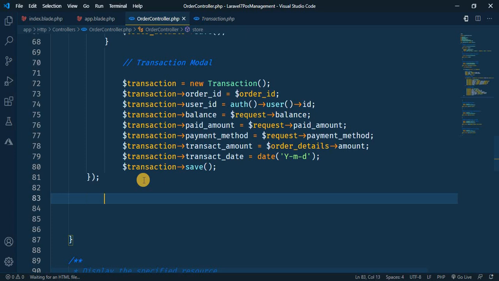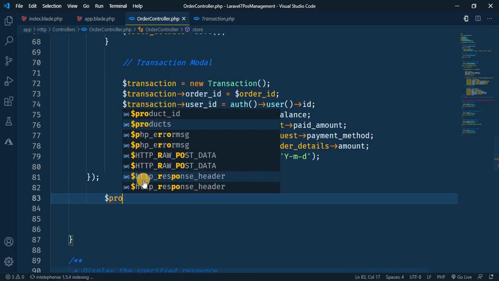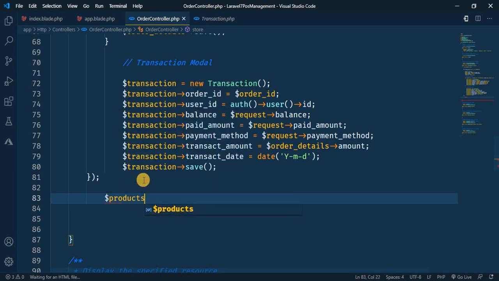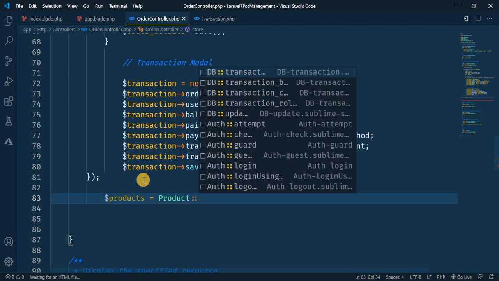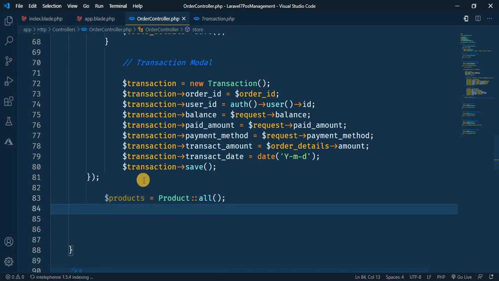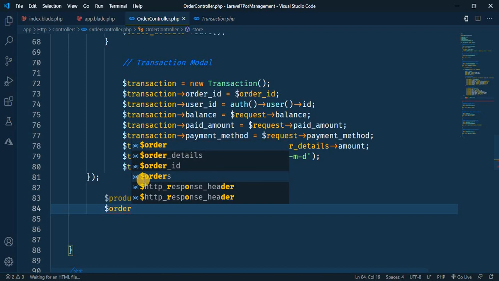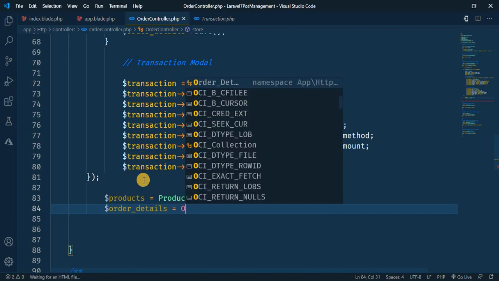So what I will do is: product equals the product model, and I will say all. And then the next one is the order details. Order details equals the order details model,